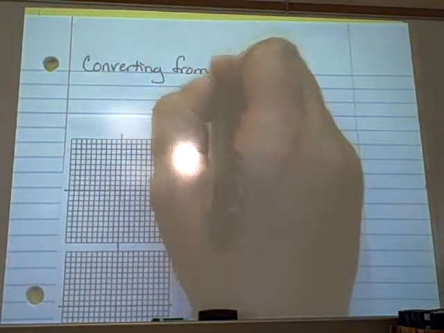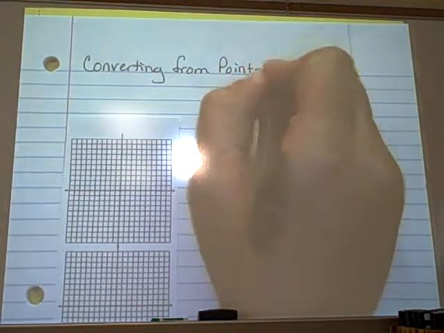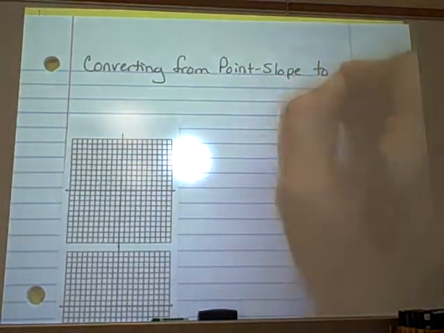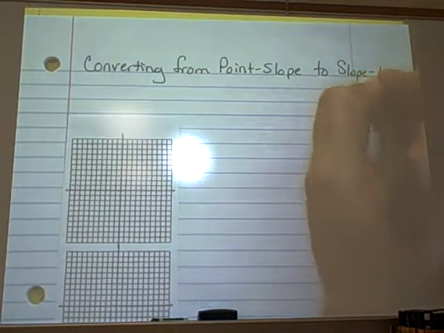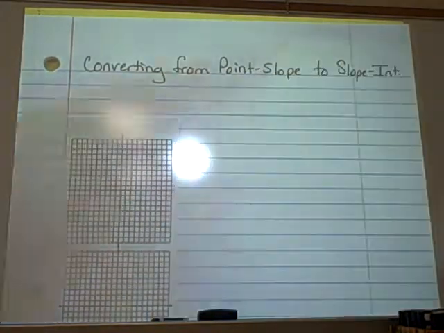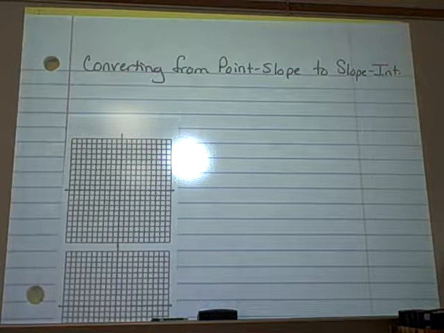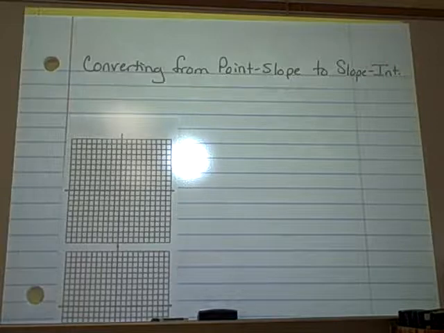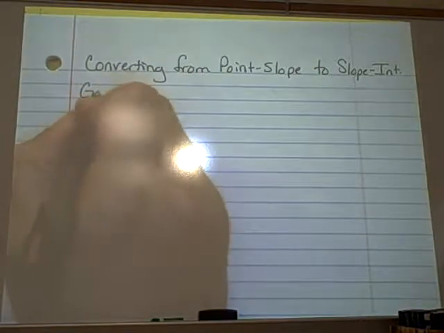So on this last page, we're going to be converting from point slope form to slope-intercept form. And you're going to have to use the same rules that you used when you were solving equations. Okay, the goal to do this,